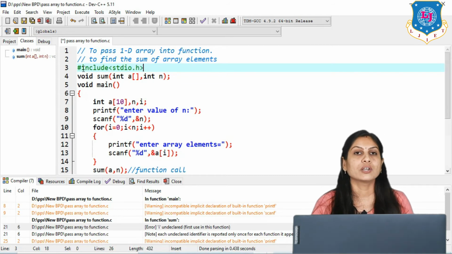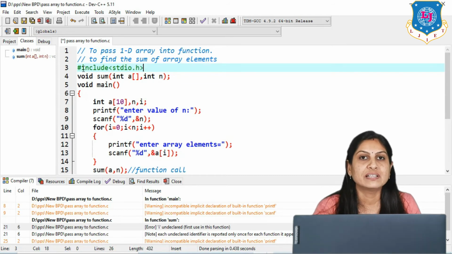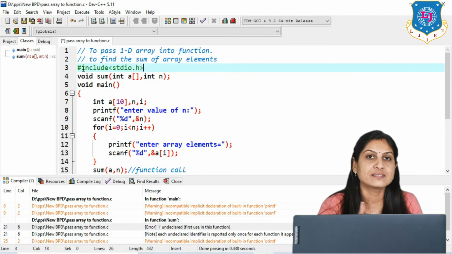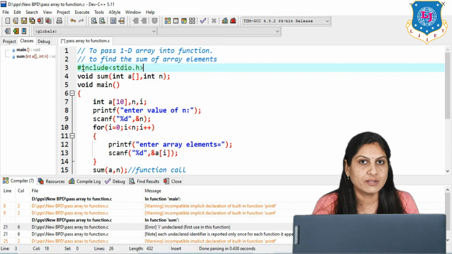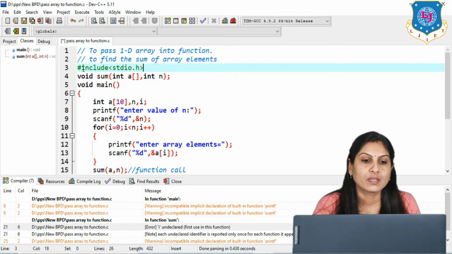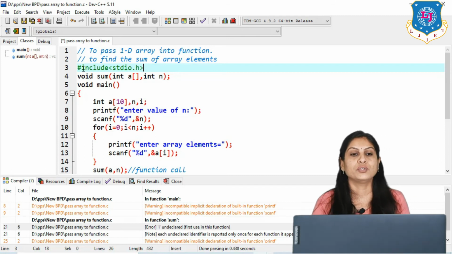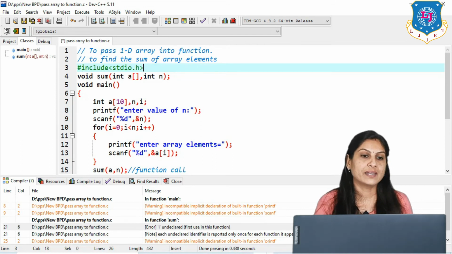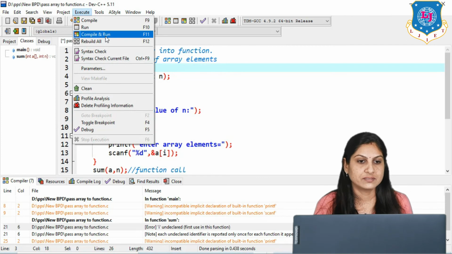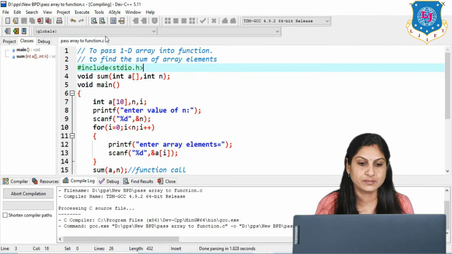So when you are not including that header file, what happens? The printf and scanf functions are available in this header file stdio.h. So when you are using printf and scanf in your program, they are not found from any header file or library, so we have to compulsorily add that header file. Suppose you are using the sqrt function, then you have to use the math.h header file, likewise. Now again compile and execute this program and see if any error is there.